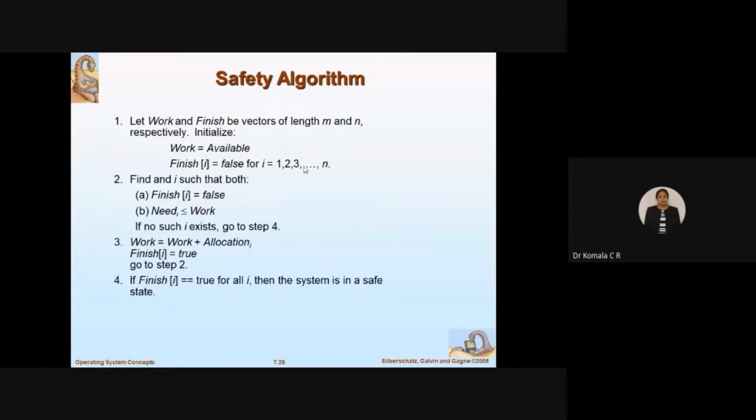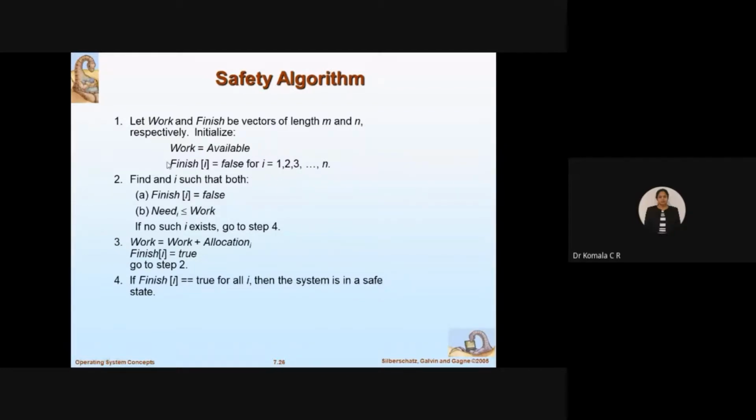I will try to prevent, I will try to avoid the problem of deadlock. To avoid that, what is the solution I have? Better to check, make sure that your system is in the safe state, fine? In order to consider that the system is in a safe state, I need to check for these conditions now.